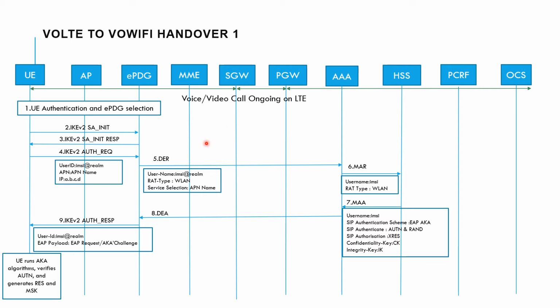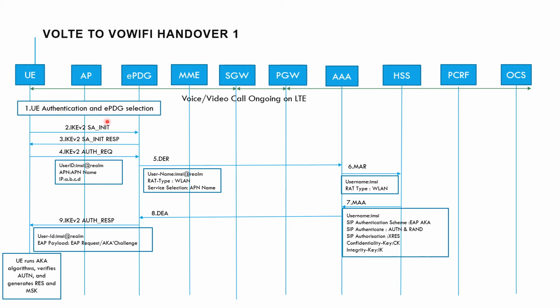We have to set up the bearer in the voice over Wi-Fi network and then we can transfer the call basically. So let's go through the process. At first the UE has reached the Wi-Fi network and there is an access point that the UE has been attached to. So the first thing which the UE will do is perform certain authentication, which is the Wi-Fi authentication.